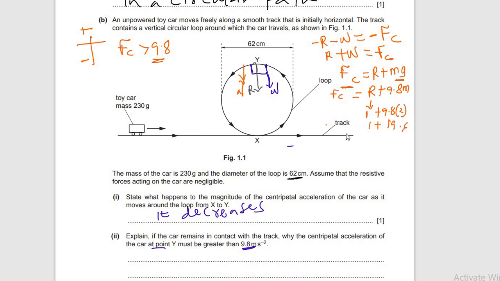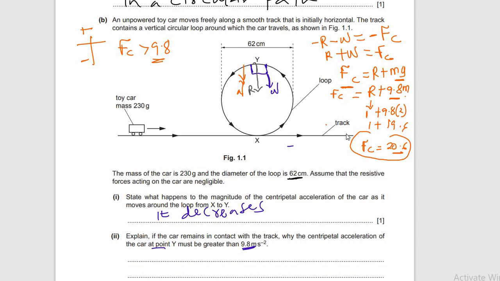19.6 plus 1 gives us 20.6. Now, can you see it? Whatever the value of mass or normal reaction, at the end of the day, is centripetal force not greater than 9.8? Yes. Centripetal force is greater than 9.8